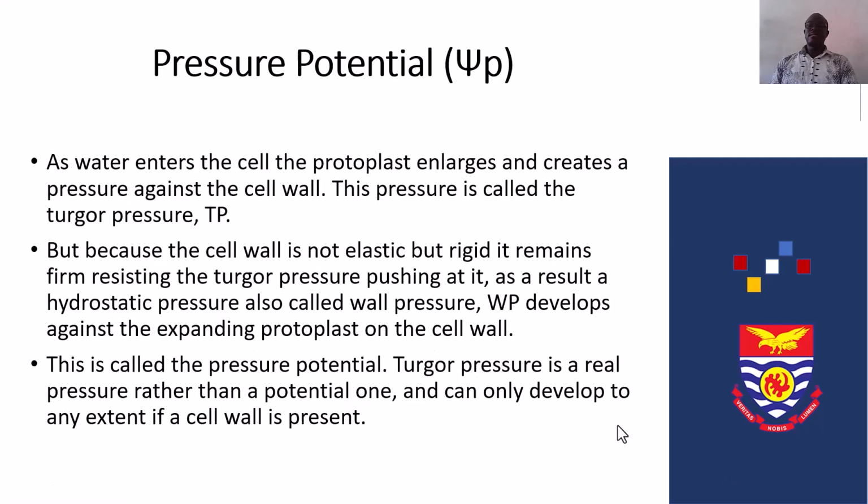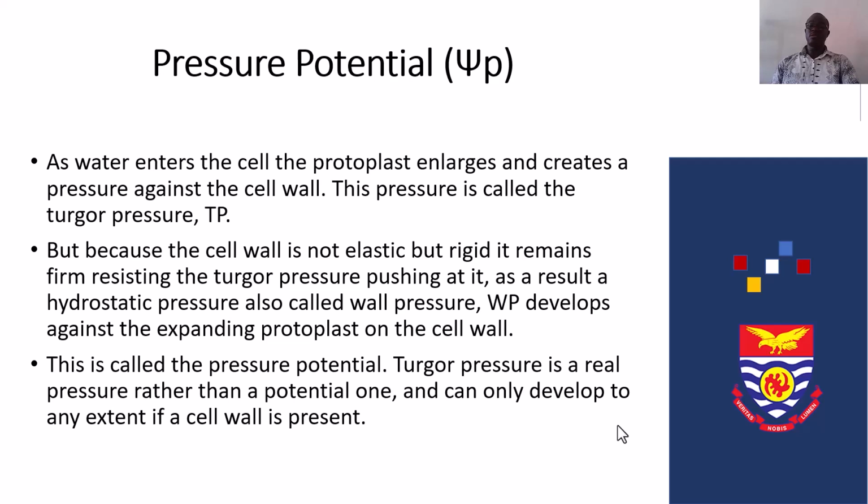As water enters the cell, the protoplast enlarges and creates a pressure against the cell wall. This pressure is called the turgor pressure. But because the cell wall is not elastic but rigid, it remains firm, resisting the turgor pressure pushing at it. As a result, a hydrostatic pressure, also called wall pressure, WP, develops against the expanding protoplast on the cell wall. This is called the pressure potential. Turgor pressure is a real pressure rather than a potential one, and can only develop to any extent if a